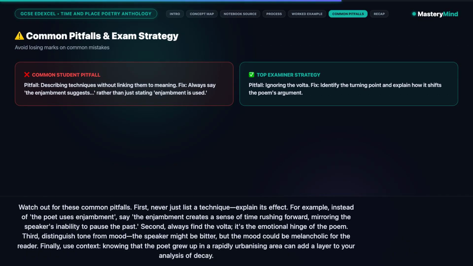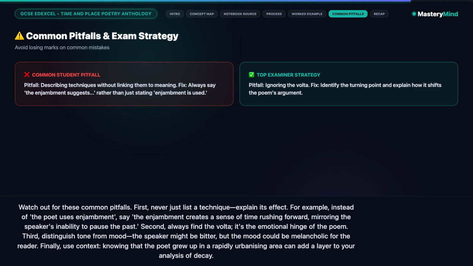Watch out for these common pitfalls. First, never just list a technique, explain its effect. For example, instead of "the poet uses enjambment," say "the enjambment creates a sense of time rushing forward, mirroring the speaker's inability to pause the past." Second, always find the volta, it's the emotional hinge of the poem. Third, distinguish tone from mood. The speaker might be bitter, but the mood could be melancholic for the reader. Finally, use context. Knowing that the poet grew up in a rapidly urbanizing area can add a layer to your